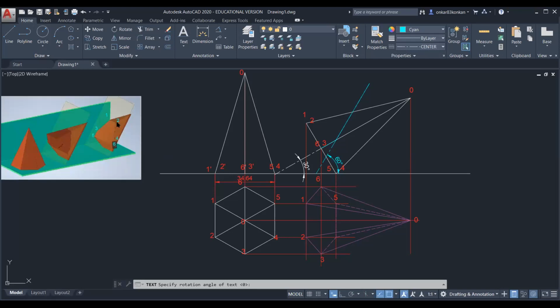Okay. So similarly, locate these points in the front view. This is your point 1 and 2. Then on the edges O6 and O3, we will get 2 points, so one point is 3 and the second is 4. And on the base edges, which are 6-5 and 3-4, we will get 2 points. So that is 5 and 6. After this, project these extra points in the top view.